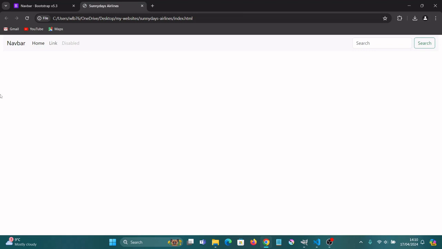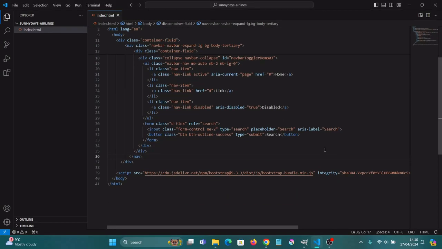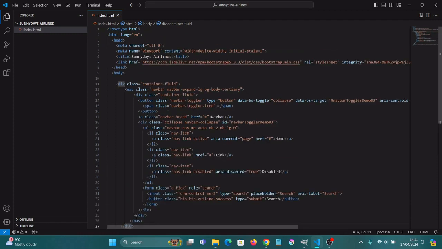I want the navigation to hit the edge of the screen all the way, but then I also want some content. Yeah, the container fluid for all of it, and that's where this navigation is sitting. But underneath this div, which should be the container div, yeah, there is the container div. So if I just copy that out, if I copy that container,